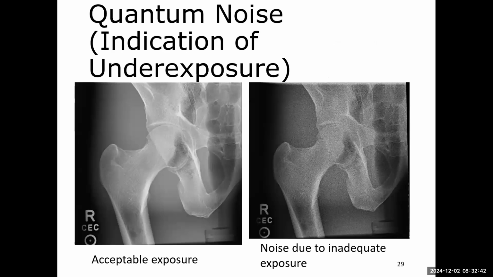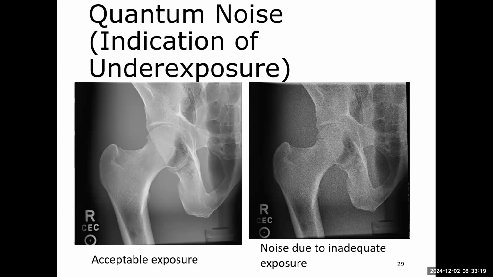So quantum noise is an indication of underexposure, quantum meaning number. So in this case on the left, you can see that's a decent looking proximal femur or AP hip. The one on the right is not diagnostic because of the level of noise that is in that image. Does everybody see that? You see that grainy look, that sort of salt and peppery look? That is